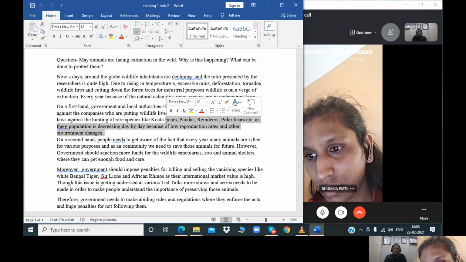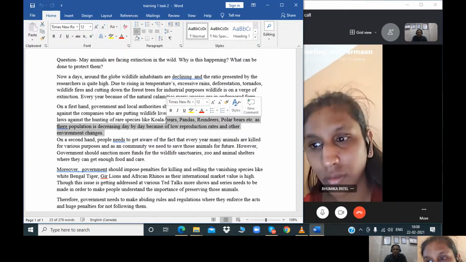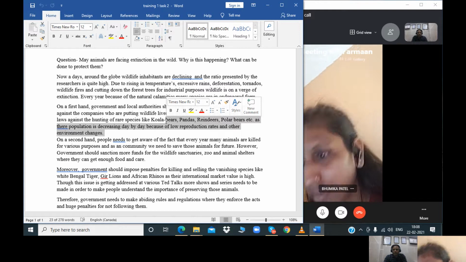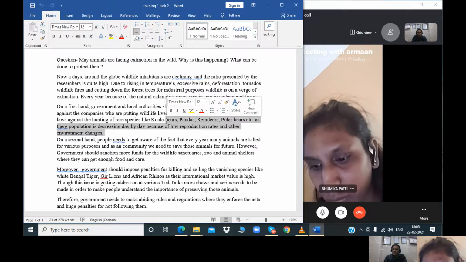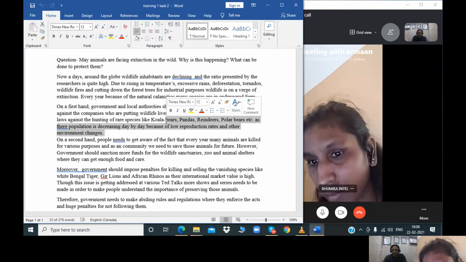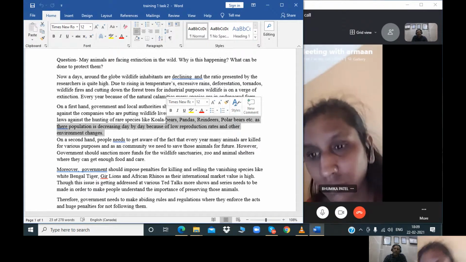Because of deforestation, human beings are creating trouble for the wildlife. They are not finding the proper space to live. Human beings are destroying their homes. As a result, they are not coping with the surroundings, and they get scared. And thirdly, in addition or furthermore or moreover, and finally,